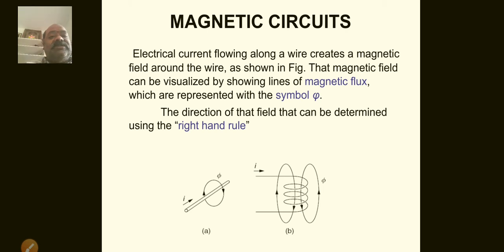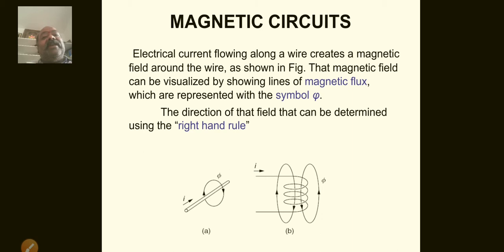This is the winding, the coils. In these windings, when current flows through them, automatically flux will be produced, because around the coil a magnetic field is created. So flux will be produced. This depends on the flowing of current, and which is indicated by phi. It also depends on the number of turns. So that is the magnetic circuit.